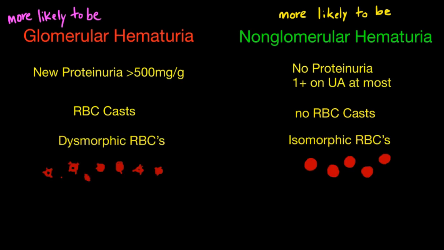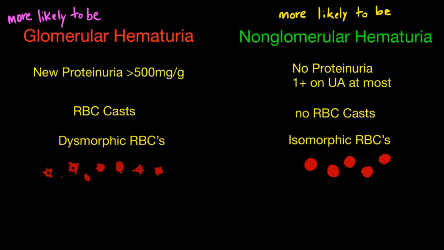So another feature on the urine microscopy is the shape and size of the red blood cells. So dysmorphic red blood cells. So these red blood cells are dysmorphic, or another name are acanthocytes. So you can see how they're sort of different sizes and different shapes, and they have these little blebs coming off the membrane. These are specific for glomerular hematuria,